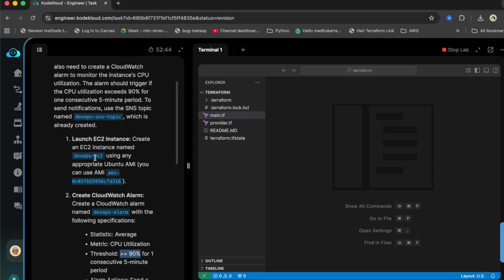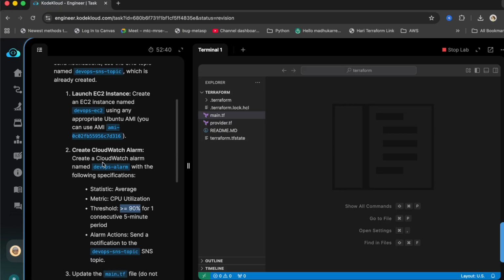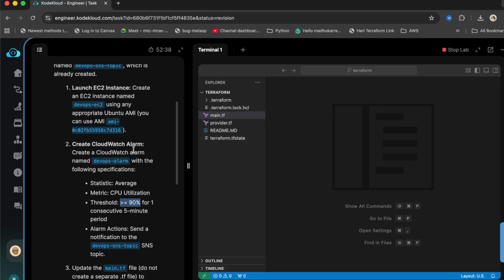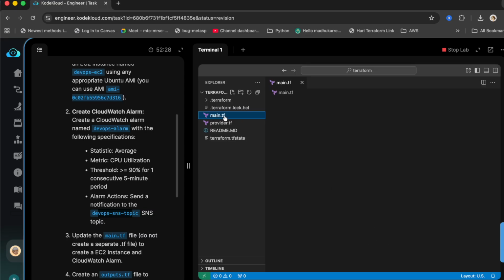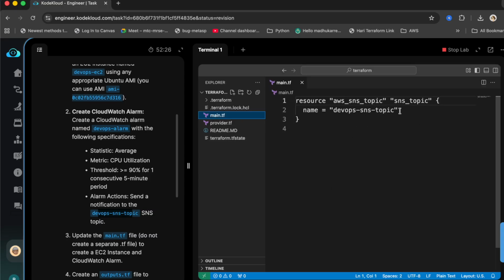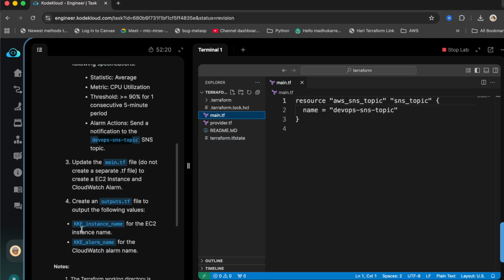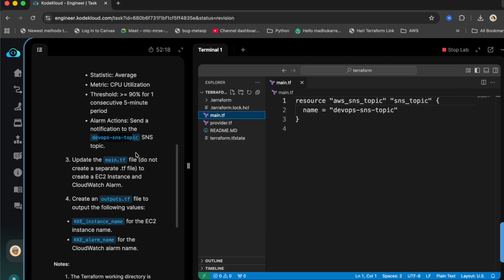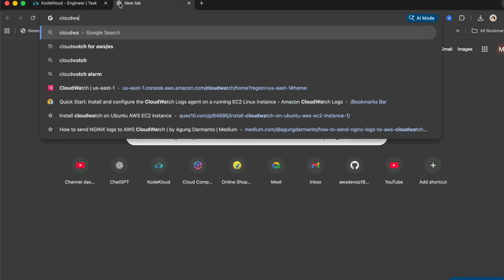In this task, we need to create an EC2 machine and then set up an AWS CloudWatch alarm. Once it reaches the threshold, we should get a notification on this SNS topic. If you click on main.tf, you can see the SNS topic has already been added here. So we just need to add EC2 and CloudWatch, and then create outputs. Then let's dig in. If you look in CloudWatch